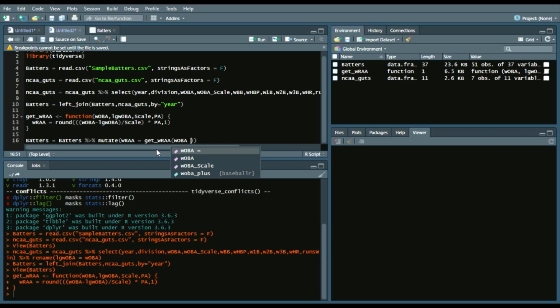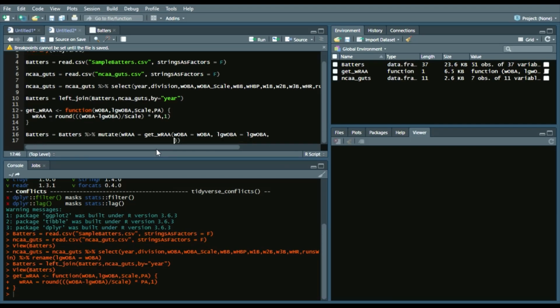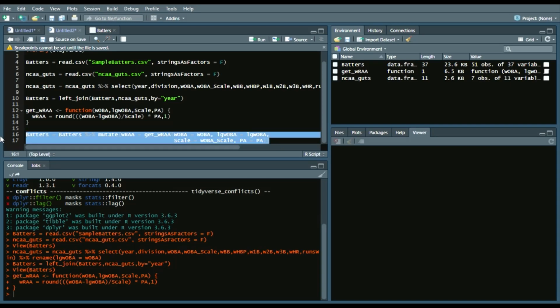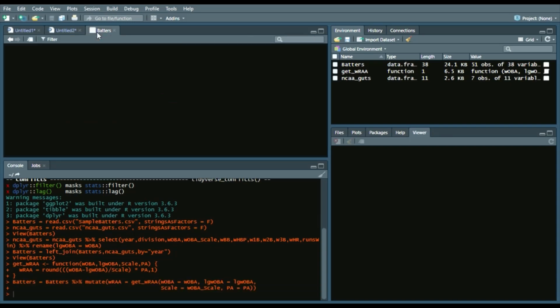So WOBA equals WOBA, League WOBA equals League WOBA, scale equals WOBA underscore scale, as that's the column name, and then PA equals PA. And we can run this, and we can kind of see